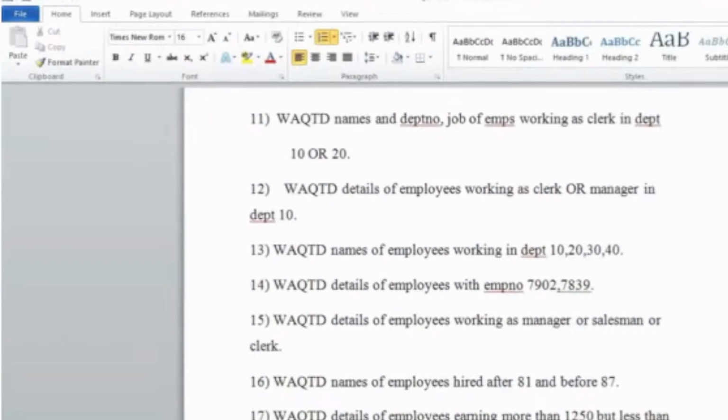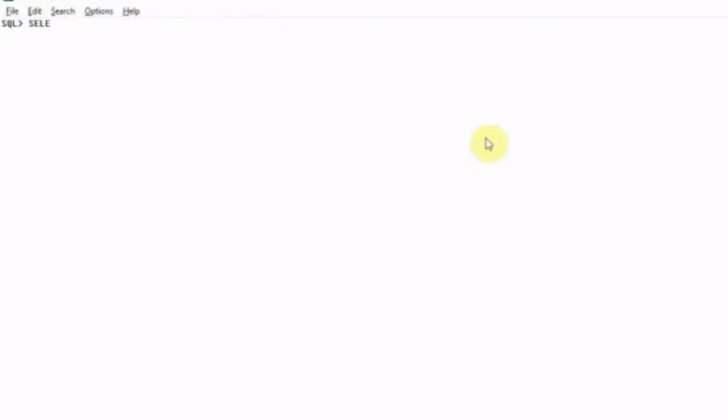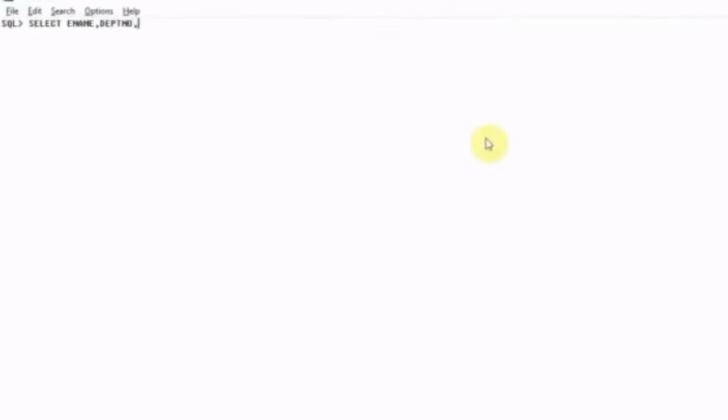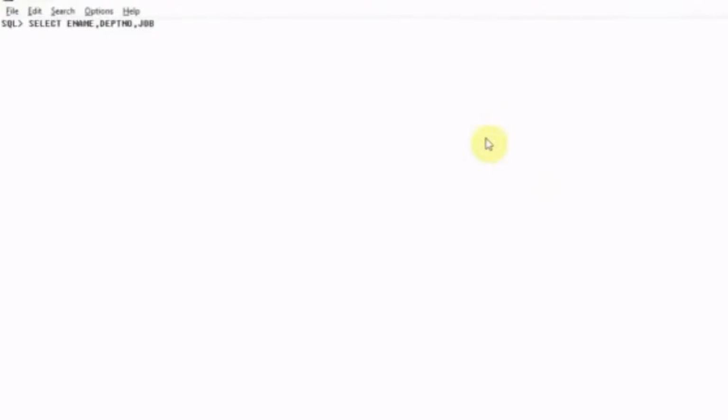Okay, so the 11th question: write a query to display names, department number and job of employees working as clerk in department number 10 or 20. See here, guys, I want to display employee name, department number and job. So first I will write clear screen and select employee name, ename. After that department number, DEPTNO. After that I want to display job, so we will give it as job,